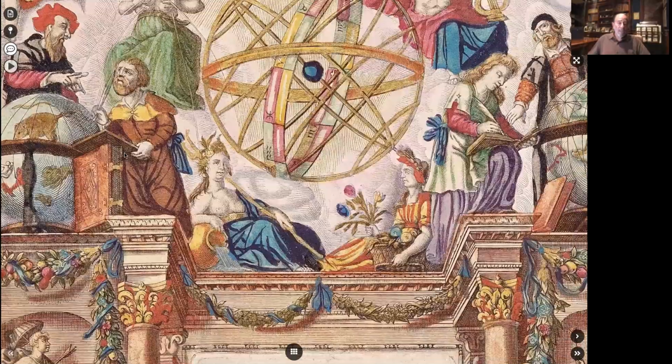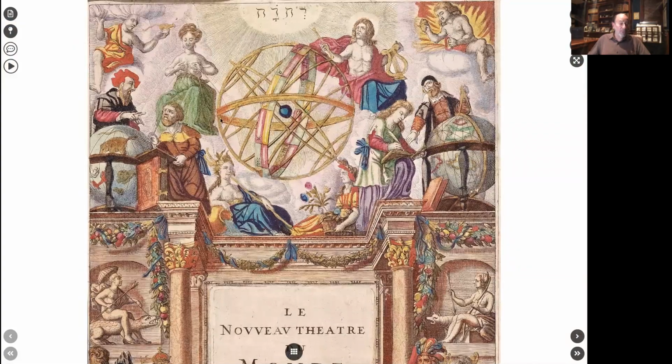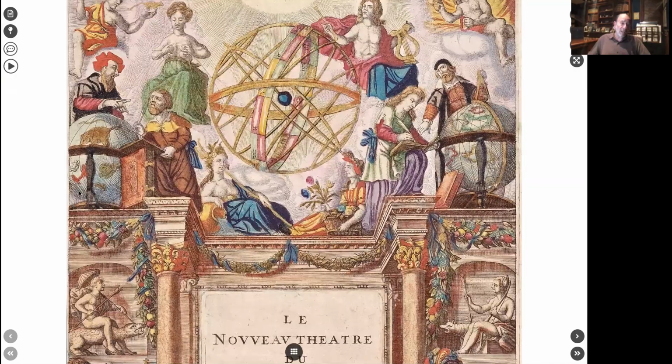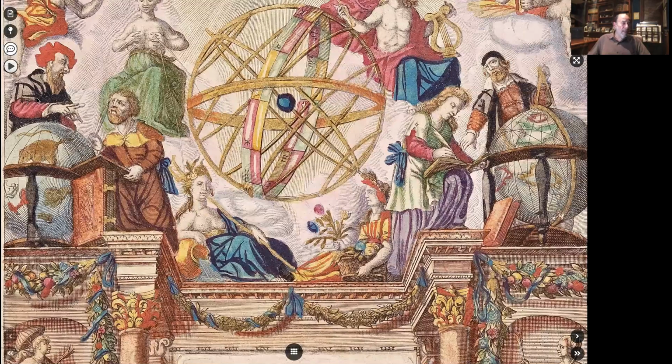detail. So some of the things that he's included here is the solar system in the upper center, with the Earth, the center of the solar system, and everything rotating around the Earth. Here's a celestial scholar, an astronomer, who is dictating essentially to a scribe information, and he stands behind